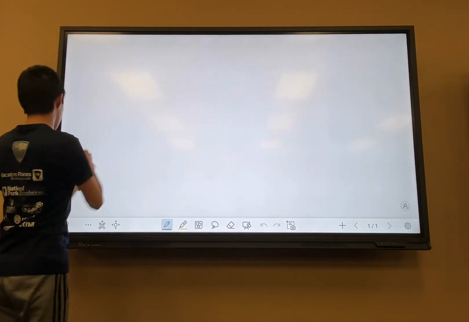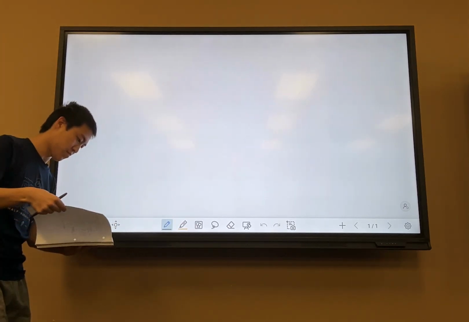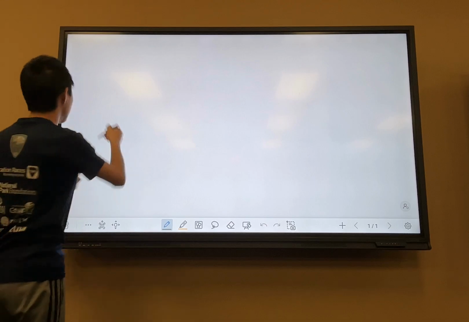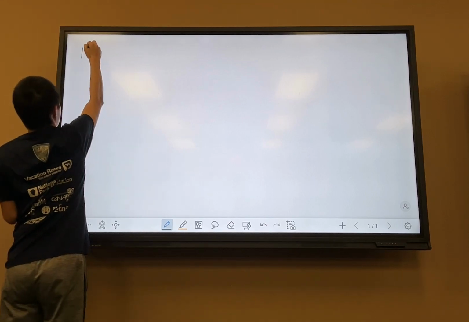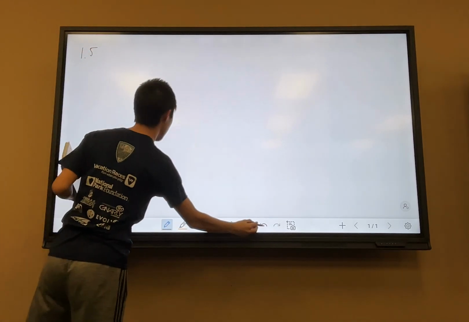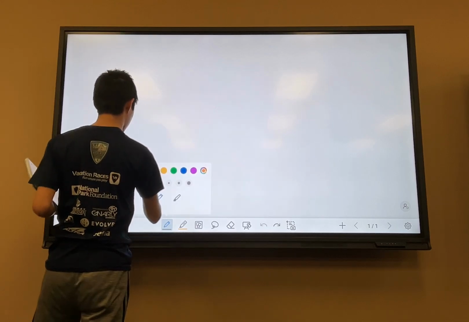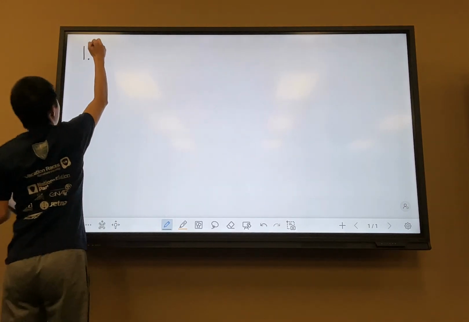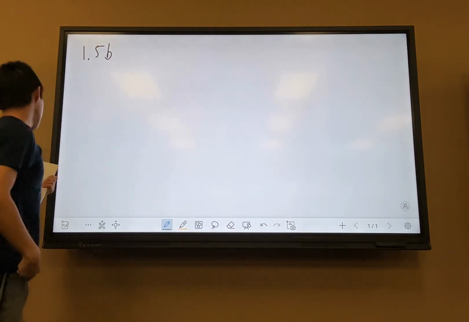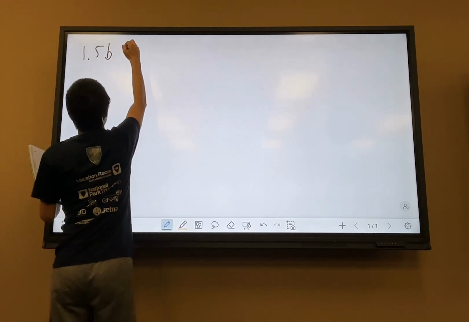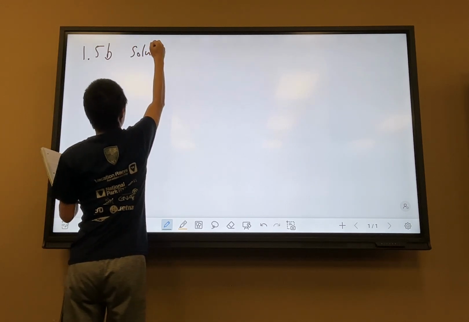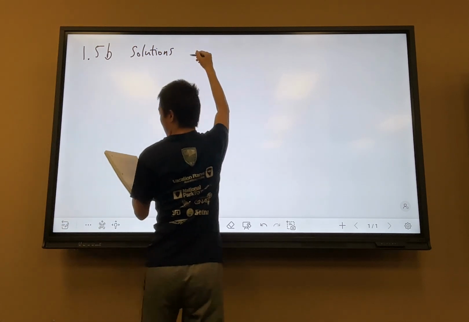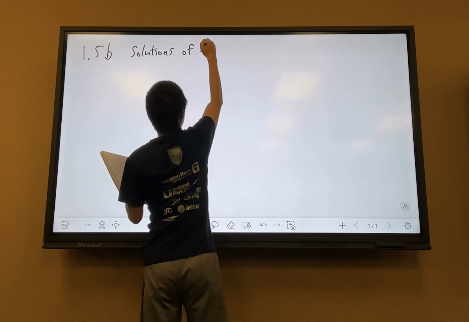Okay, this is to clean up the rest of 1.5. It's not that much because we already kind of went through the example. So, oopsie. Got 1.5. So I'll call it 1.5b, and this will be covering now solutions of non-homogeneous